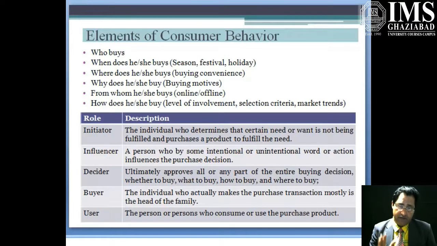This is one example of consumer behavior, a mobile phone. But when we talk about, I'm sorry to say, consumption of alcohol or cigarettes, you're not going to ask your parent or your sister or brother which brand of cigarette you should go for, right? You yourself are the decision maker. So you yourself will work as initiator, influencer, decider, buyer, and finally user in terms of alcohol or cigarettes. So five different roles may be played by five different people in a family, or by one person. It depends upon the nature of the product. So this is all about the roles of the